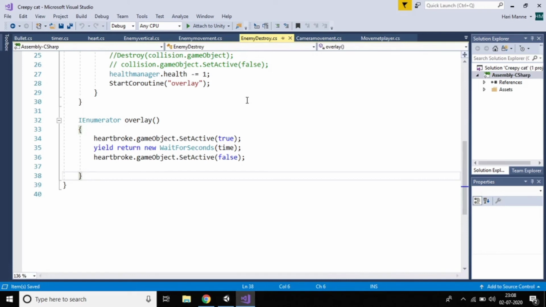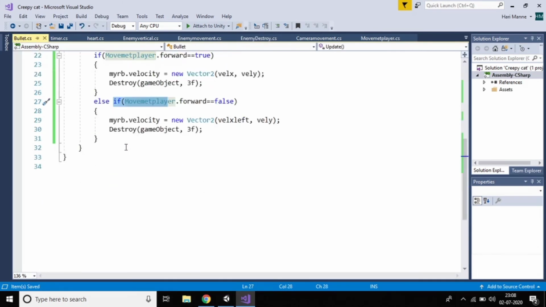In enemy destroy, if the player touches the bullet, my player should die. Sorry, if my bullet touches the player, automatically the player should be destroyed. So this is my task.